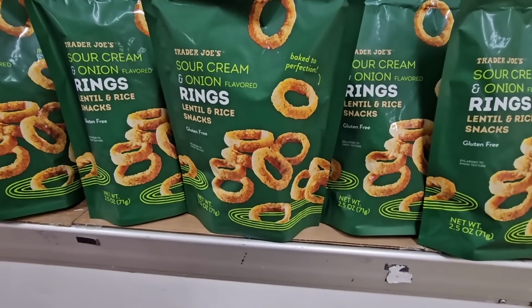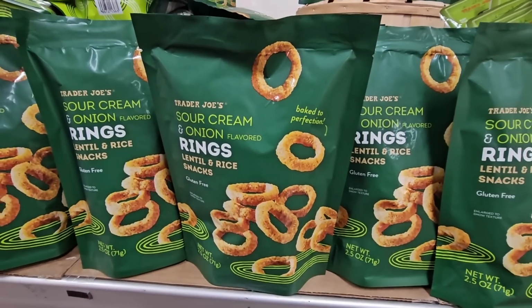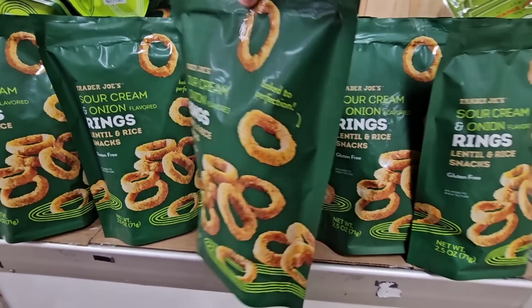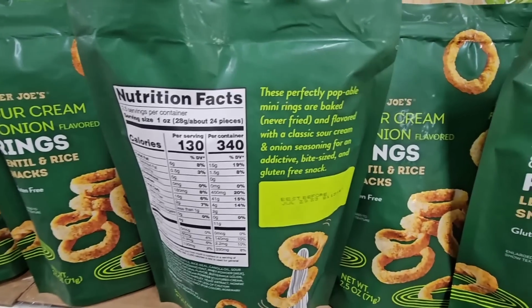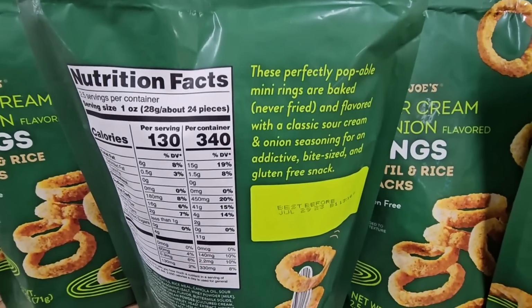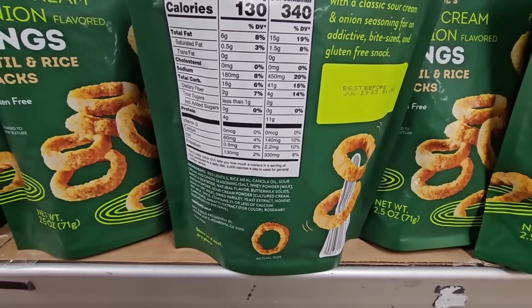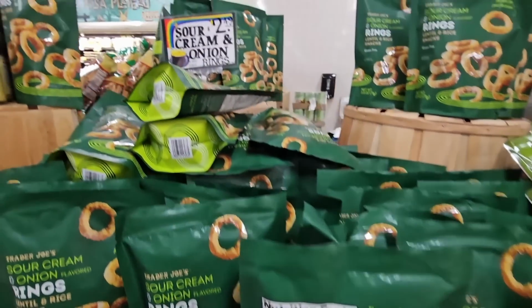They put all the green foods together. So here's the sour cream and onion rings. These are gluten-free lentil and rice snacks. Baked to perfection. I honestly haven't tried these. If you have any of these items, let us know in the comments below what you think of them. Did they work for you? Did they not work for you? The bag was super light. And these are